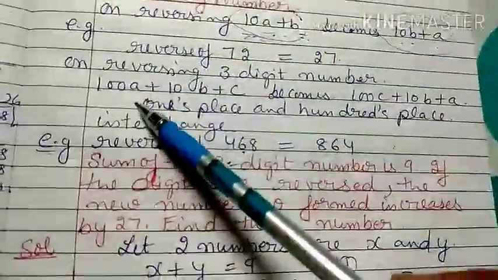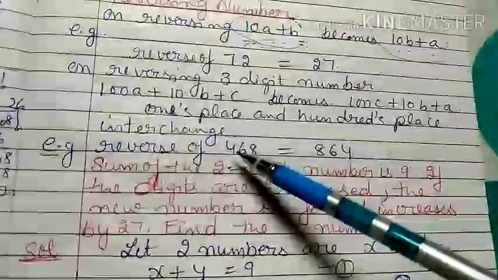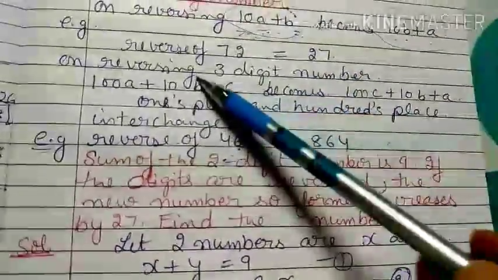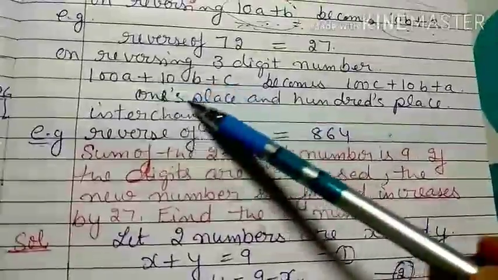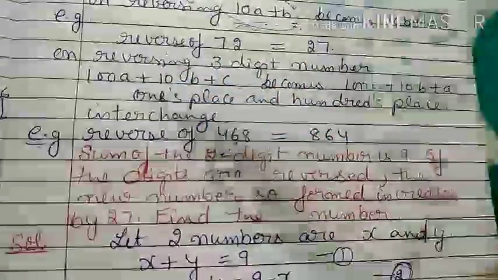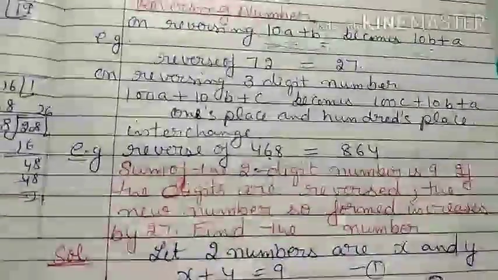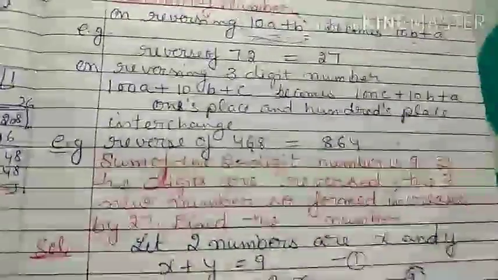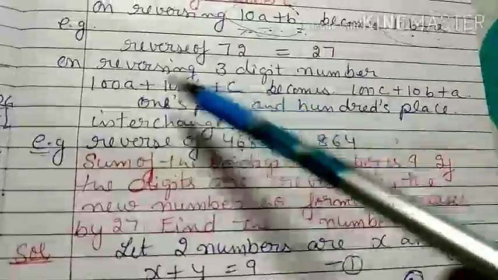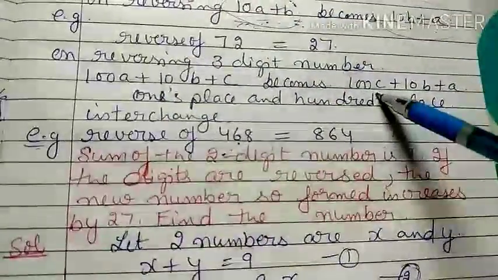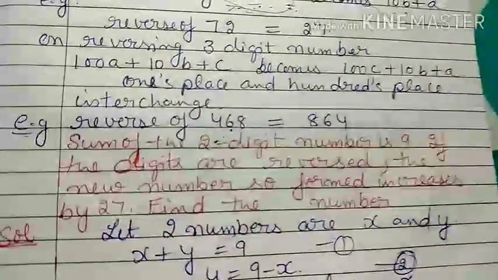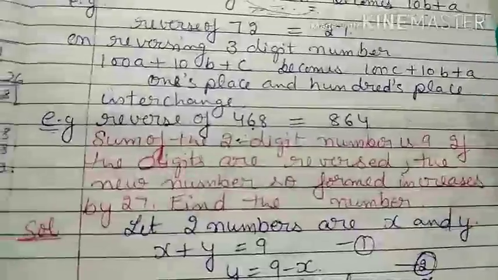Then how in variable form, instead of digits, if it's variables like 100A plus 10B plus C, then B is not changed, B will be kept as it is in the tens position, only C and A will be interchanged. Positions will not interchange, only digits will interchange, and whichever position they shift to, that position is multiplied with that digit. Like here, if C shifts here, then 100 is multiplied by C, B has no change, and when A shifts here, A is multiplied by the position it shifted to.